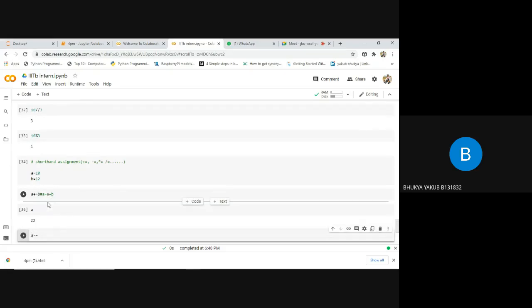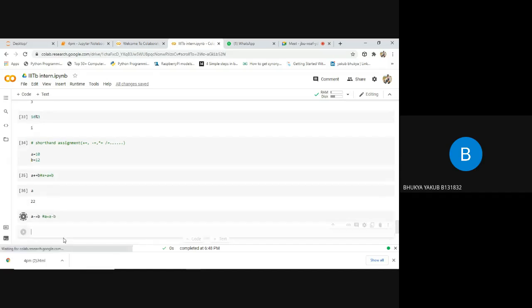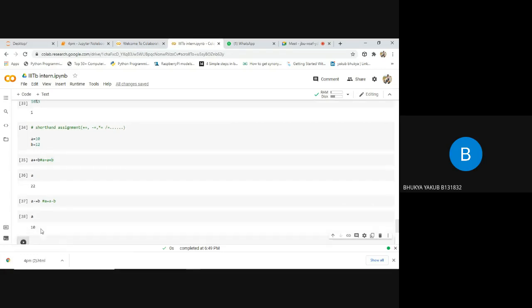Now I'll say A minus equals to B. It means it is similar to A equals to A minus B only. So you can use any one of these two ways, either this one or this one. Whereas if you write some coding exams like MCQ questions, most of the guys might use this shorthand assignment operation. To avoid confusion, here I am writing that. So if you observe, the value of A will contain 10 only. A was having 22, and we are saying 22 minus 12, which is nothing but 10. Like this, you can apply different shorthand assignment operators.